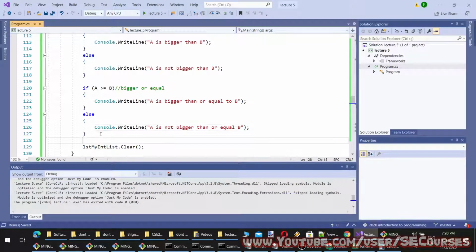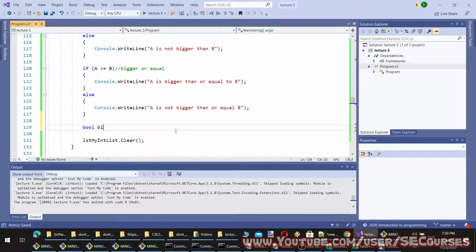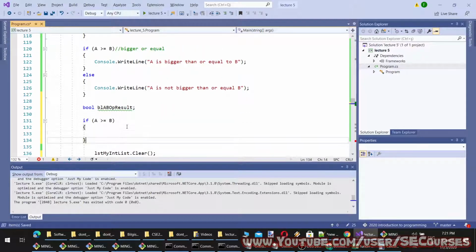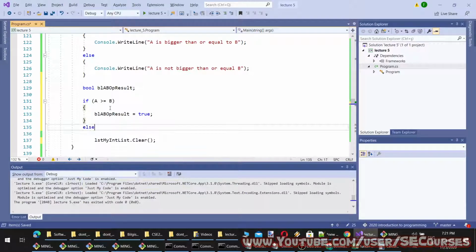First, I will make it like this. Then I can also assign this result to a boolean. Okay. And how am I going to do that? I'm going to do it like this. If true, else we can write the else like this, false.